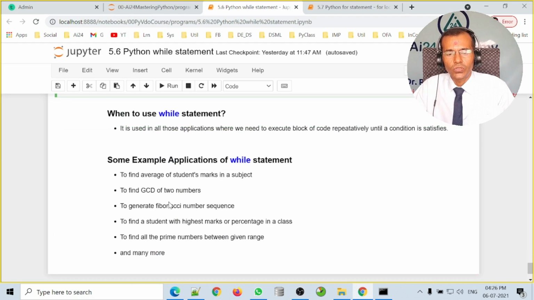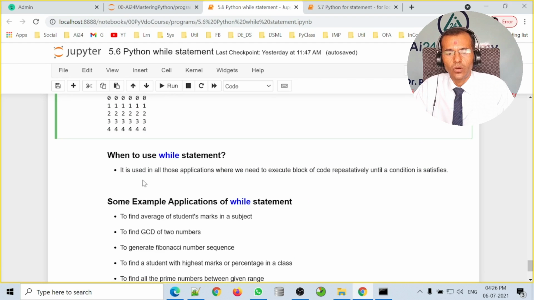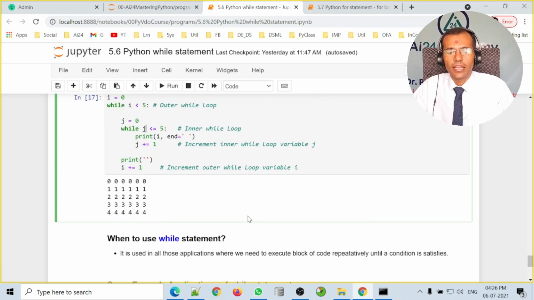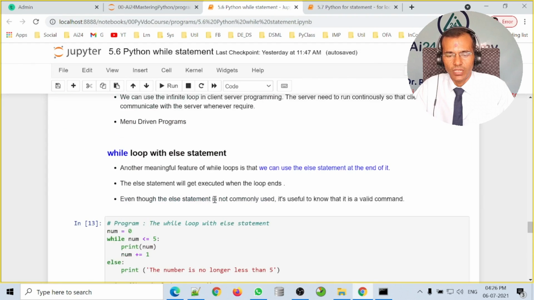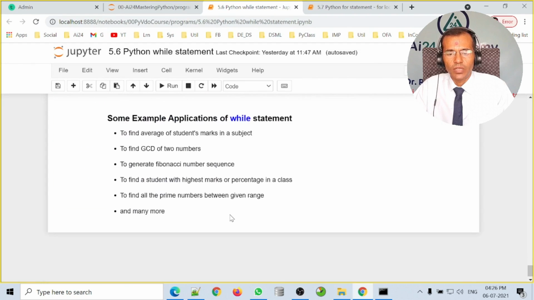Now the question is when to use the while statement. It is used in all those application scenarios where we want to execute a block of code repetitively until a condition is satisfied, like the examples we have seen over here. Some of the application examples of the while statement are: finding the average of students' marks in a subject, finding the greatest common divisor of two numbers, generating the Fibonacci number sequence, finding the student with the highest marks or percentage in a class, and finding all prime numbers between a given range. There are a number of examples where the while statement is very